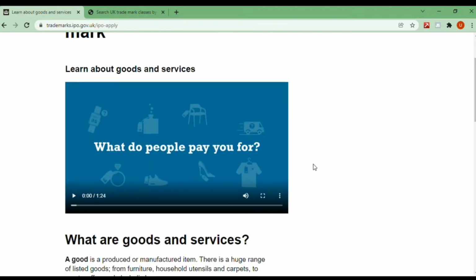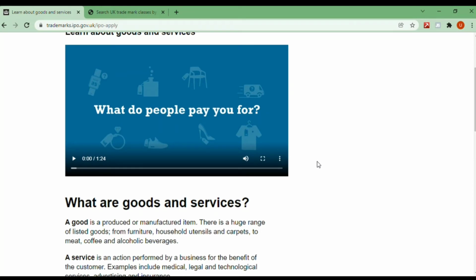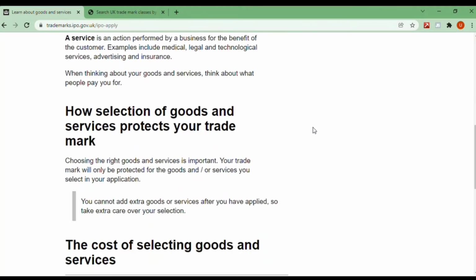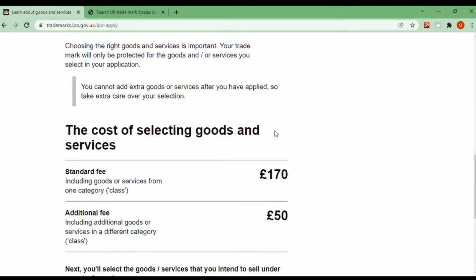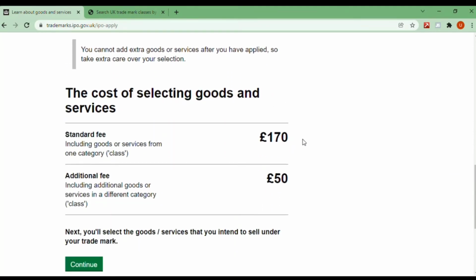Now we need to make a selection of the class, which we have already researched before moving towards filing our application. This section also describes the costing, the fee that you need to cover in order to successfully complete your application. For your trademark to file in one class, the fee is £170, and in case your trademark lies under multiple classes, you need to add a £50 fee per class. If we have another class along with 14, we need to pay £50 extra per class. Let's just say we have 3 classes, 14, 27 or 37. With 3 classes, it will be 170 plus 50 and another 50 for the third class. Okay,